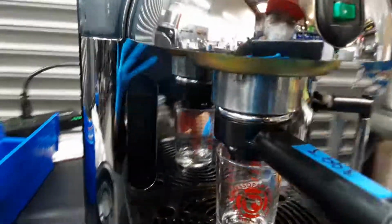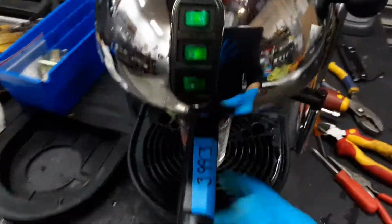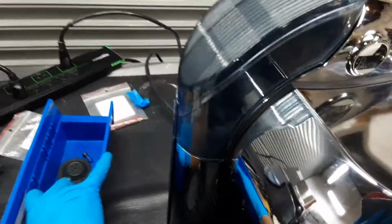We also had to replace some of the O-rings and some of the gaskets, as well as the boiler gasket of the machine and the gaskets of the steam one, completely all of them. So what else we did? We also replaced the water pump, the one that we have here. These are some of the pieces that survived from the